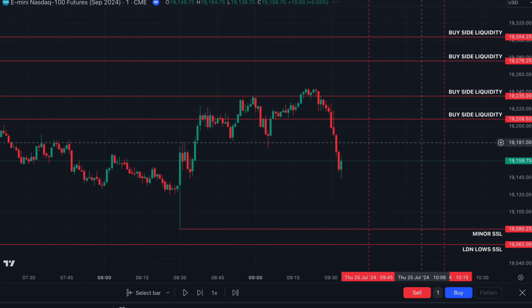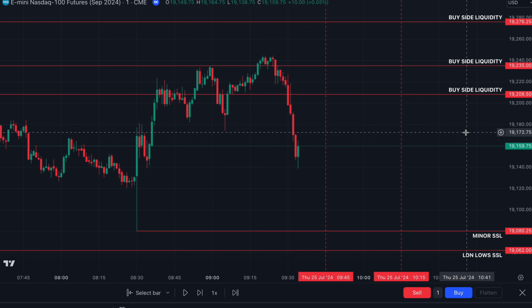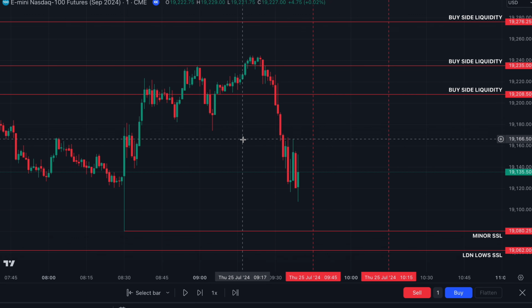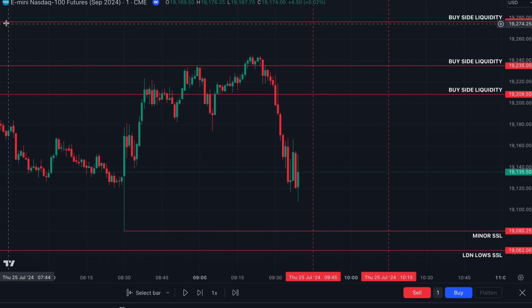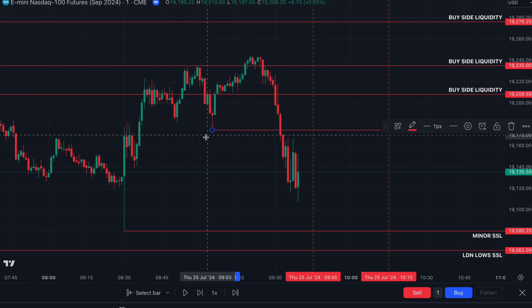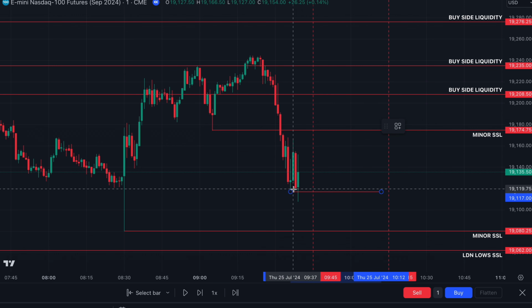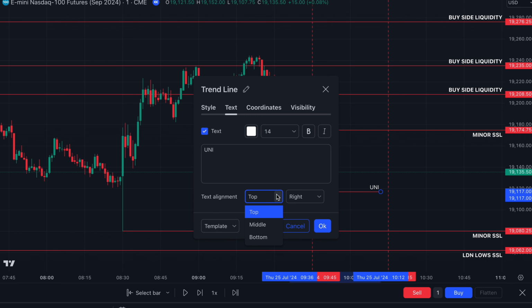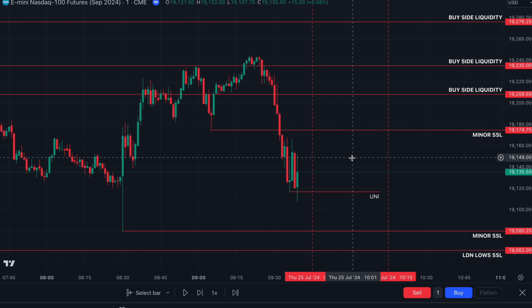So dropping down to the 1-minute time frame, we are now going to monitor price as we come up towards the macro. At this point, prior to the macro, I was looking at price that had taken out this previous swing low, which I marked originally as minor sell side liquidity. I was anticipating a displacement higher to see if we got a bullish unicorn to go long, and also to see if price would then snap back up and respect the 15-minute bullish gap, so then we can take longs.